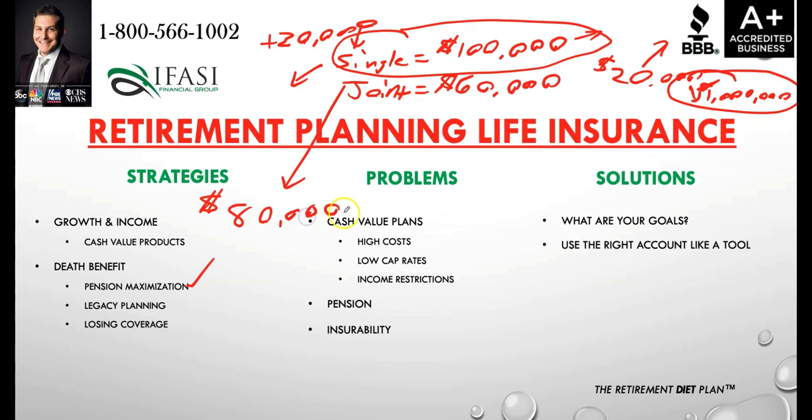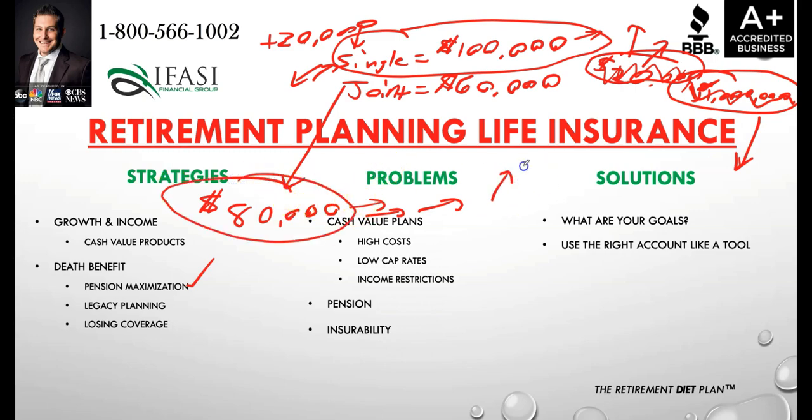So let's just say that you have a male and female. The male is the one that has the single life pension option. He's living. Both him and his wife are able to receive $80,000 of net benefit, because technically they're receiving $100,000, but $20,000 is going to the life insurance play of $1 million that's on that individual's life. Let's say that his wife passes away before him. Well, if that happens, there might not be a need for that life insurance policy anymore, so he could stop paying premiums and just exhaust that life insurance. Therefore his $80,000 net benefit will increase to a $100,000 net benefit upon the passing of the wife.